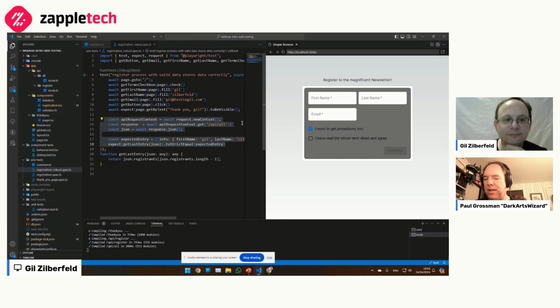JetBrains with their IntelliJ. They have something called Aqua, which is essentially the same thing. It's an IDE, but specifically for test automation engineers. And the trick they do is the same thing. They embed the browser in there. So I love it. I didn't know that, because I mostly work in VS Code. I do want to give a shout out to JetBrains because I like their idea as well. See, testing tools, give me a little shout out there.